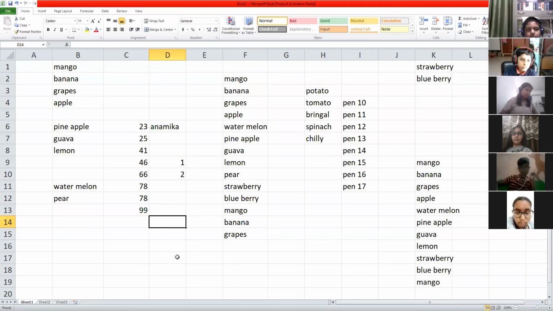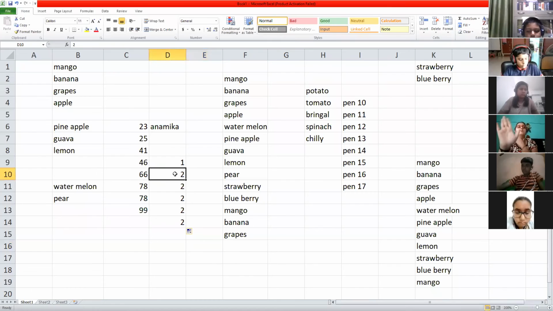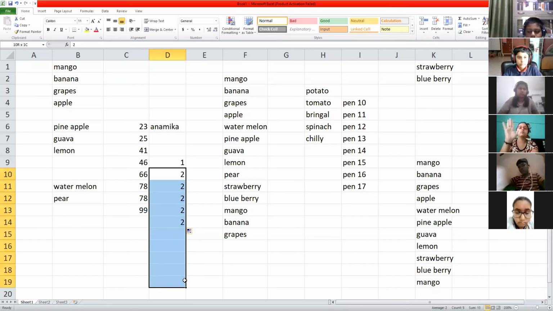But when I take the same cursor onto these lines, it becomes different. If you drag from here, as it is converting into a black color box plus sign, when you drag, it will copy the same thing. If you drag this way, it will copy the same thing. But if you want to select it, click, don't leave your mouse button, and just drag.